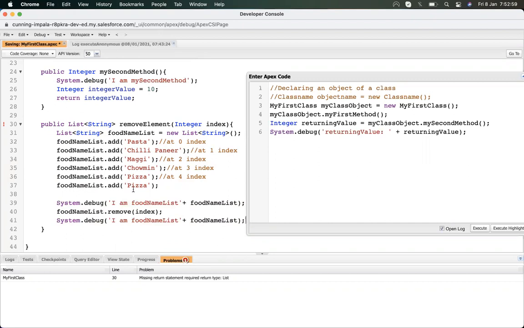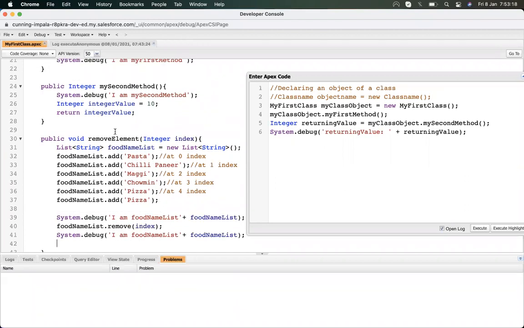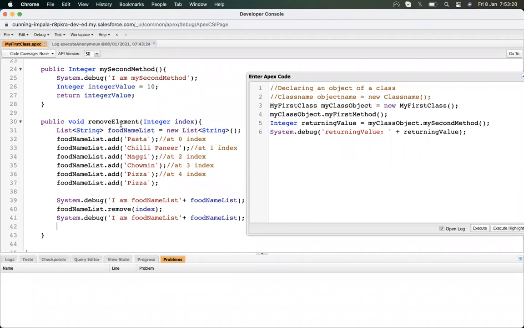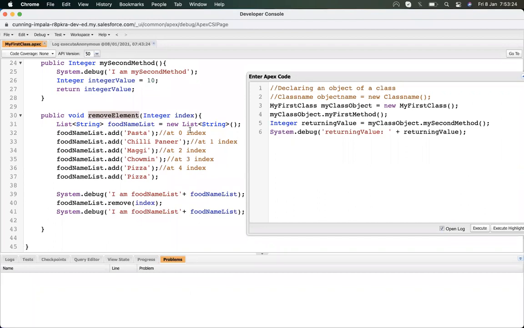So I created a method and its return type. Let's make it void, no issue with void. Now I'm calling this method as parameterized. So whatever index number I pass, it will remove that index from this list.